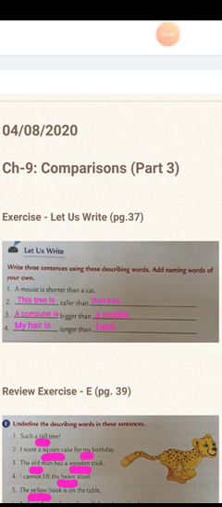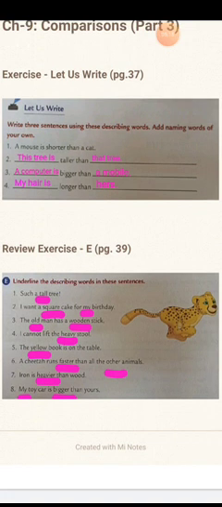When we use the describing word with er at the end of the word, that describing word becomes a comparative describing word. That is why the chapter name is Comparison, because here everything is about comparing two things, right? So now let's do one more review exercise to check our understanding of describing words, when we describe only one thing and when we describe a thing and compare it with another thing.